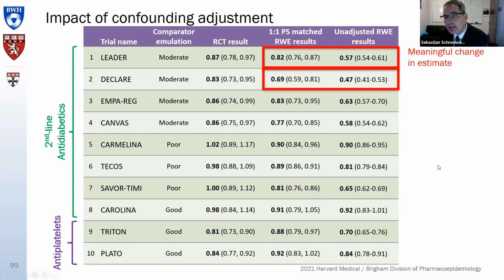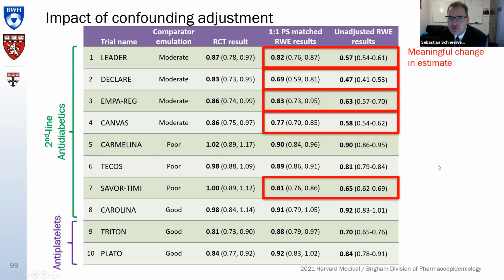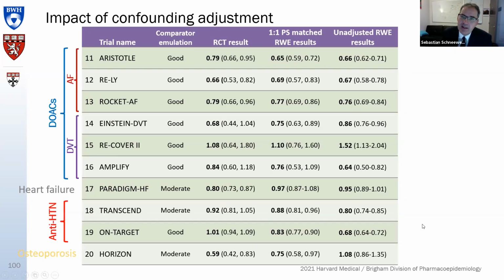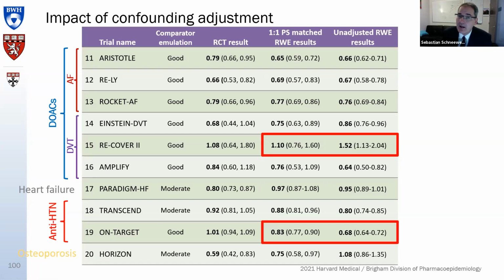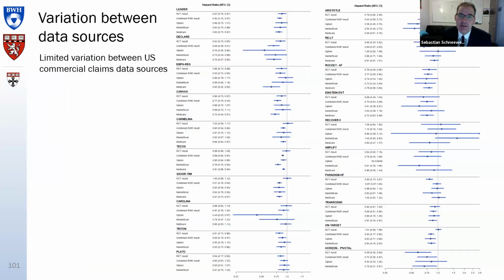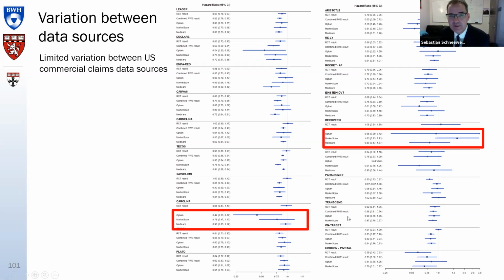And you see in the red boxes where there was substantial change from the unadjusted to the adjusted, but you also see examples where there was very little movement, where the active comparator design was taking care of most of the observable confounding that might have been here. And similarly, in the second batch of 10 studies, there are quite a few examples where intensive confounding adjustment of observable factors did not change the point estimate very much, which again highlights the importance of the study design. And when you look across the 20 trial emulations at the database-specific point estimates, I want to point out two examples.